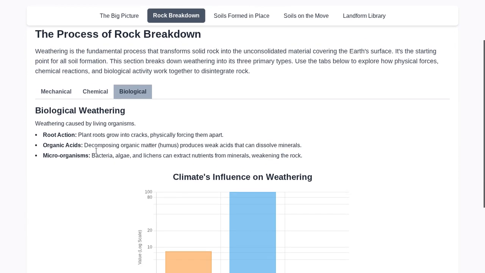The most obvious is root action. Plant roots grow into cracks and force them wider. I've seen that on sidewalks. Exactly. Nature's little crowbars. Also, decaying plants release organic acids, which can chemically dissolve minerals. And even tiny microorganisms like bacteria or lichens clinging to a rock face can slowly extract nutrients and weaken the